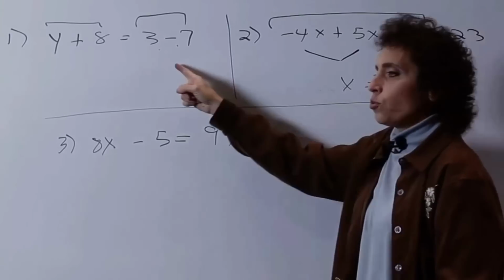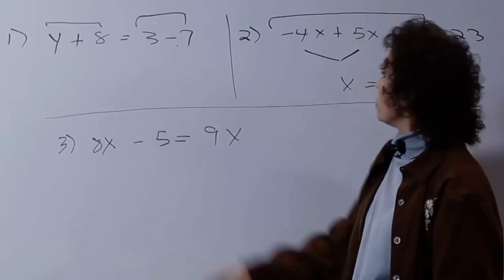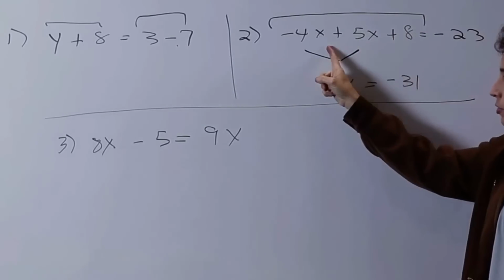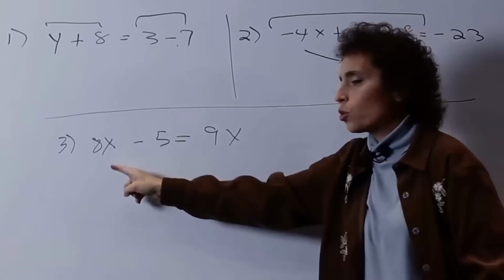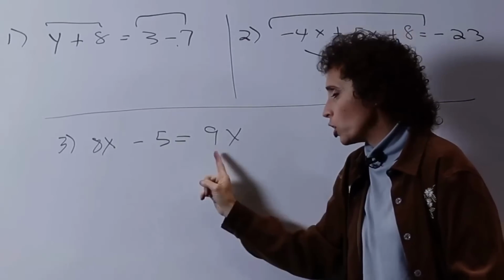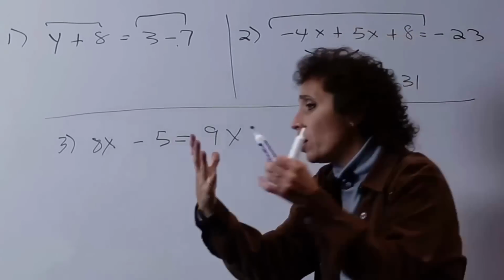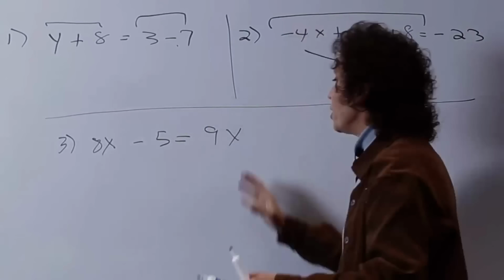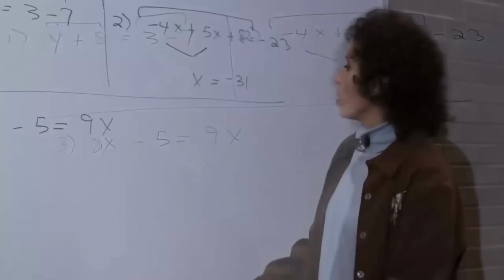Well, this one had like terms on this side. This one had like terms on the left side. This one has no like terms on the same side, but this does have variables on different sides. We're going to show you how to do this in a minute. And as long as you follow the goal, you're done. You're home free. You have to follow the goal. Okay? So here we go.